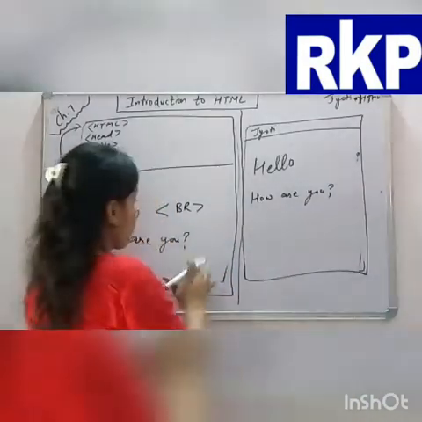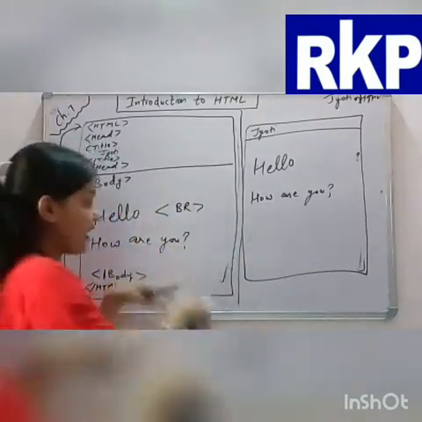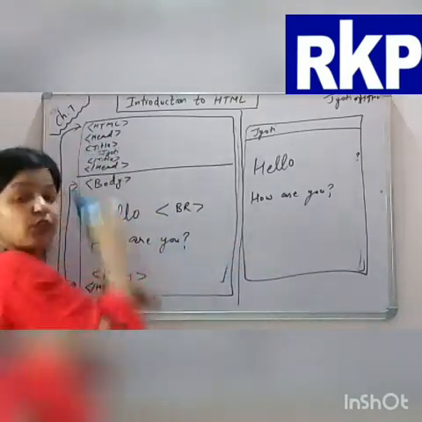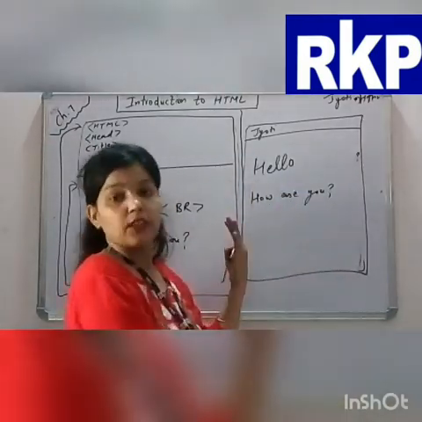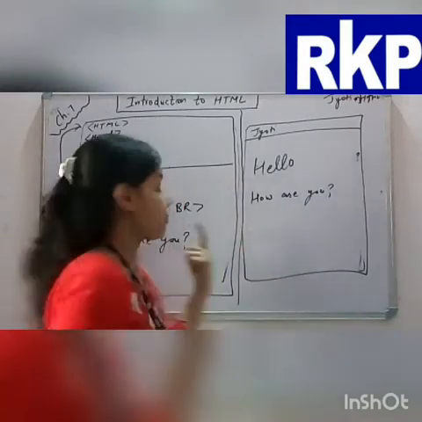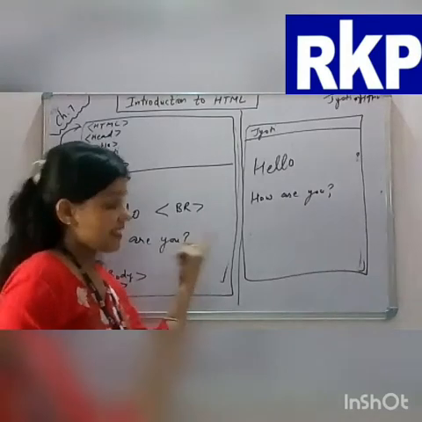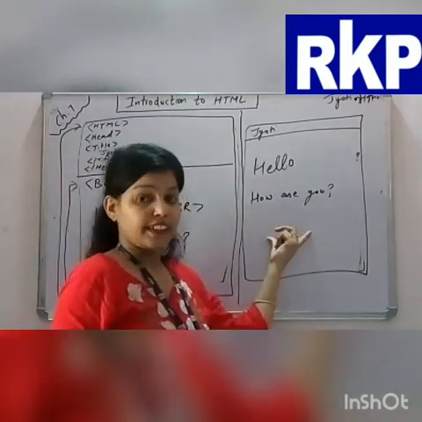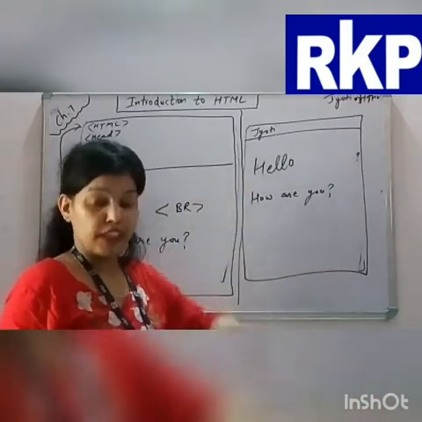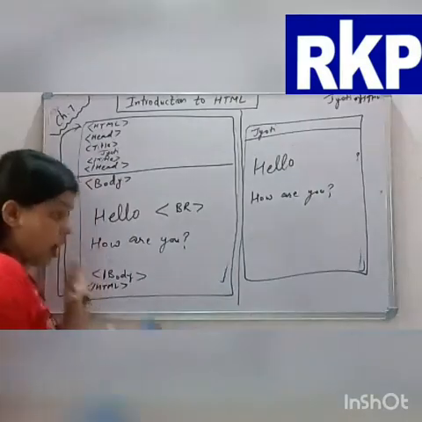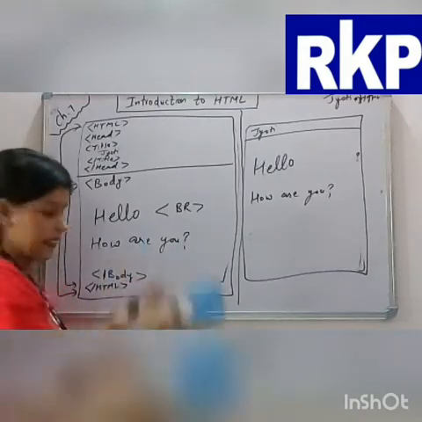Clear, students? So we covered how to create a simple HTML document, how to save it, how to open it in a web browser, how to update it and save it again, and how to open it in the web browser and refresh it. For the latest result, first press Control plus S to save it again, and then press F5 to reload or refresh it. So that is how to create an HTML document. Now you will see the demo of this. Clear?